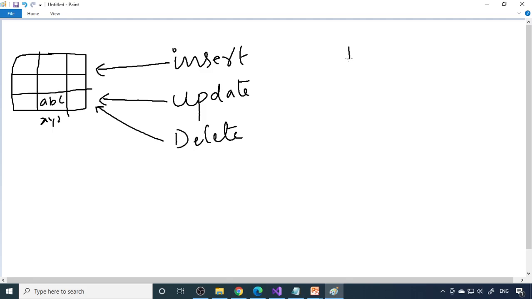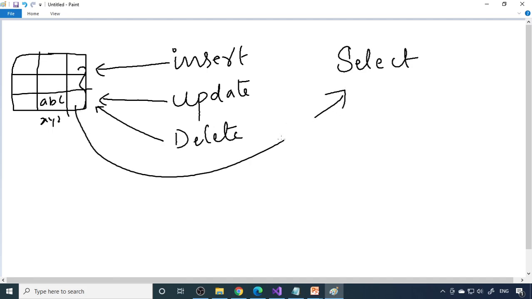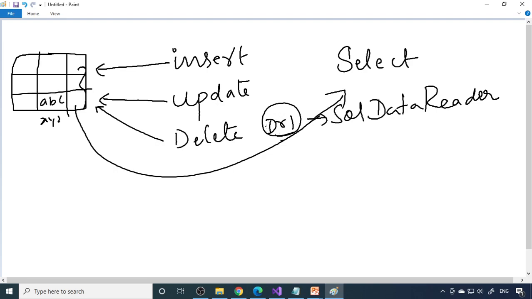But whereas in case of select, what will happen? Here it will fetch the data and then bring the data over here. To hold this data we require SQL data reader. It's like a variable. So we can say dr1 is a SQL data reader. Now dr1 is of the type SQL data reader because it is able to hold this data.